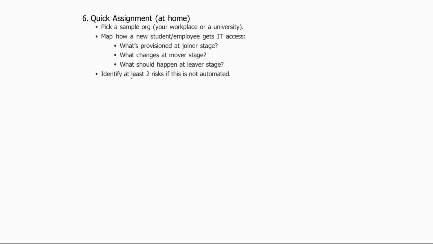And a quick assignment, pick up a sample organization or org wherever you work, university or workplace. Map how a new student or employee gets IT access. You can definitely talk to your seniors, ask your lecturers, professors, right, or the IT team. Ask them what is provisioned at the joiner stage, what changes at the mover stage, or if you're not in the IM team, go and ask your IM team, or if you're working in the IM team, you may be a support guy,